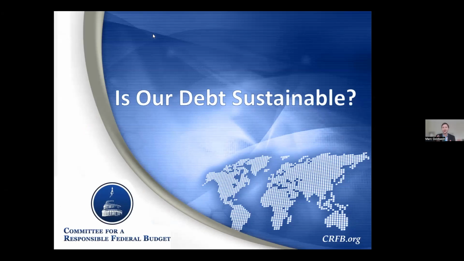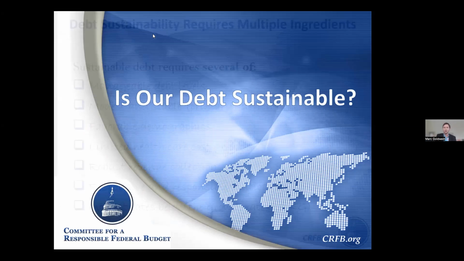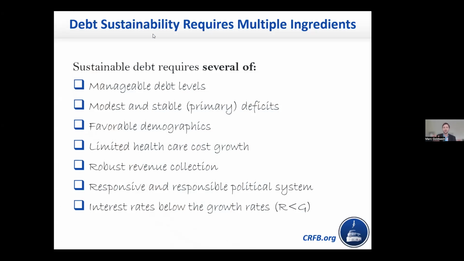So that's the argument that Olivier Blanchard and others have made for why our debt might be sustainable, even with high deficits. This was the argument they were making. In an era of low interest rates, your debt might be sustainable even with high deficits. But the truth is, R versus G is neither necessary nor sufficient for debt sustainability. Because remember, I said all those variables have to be stable.